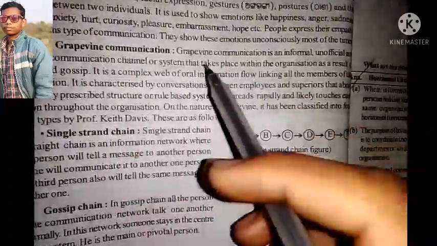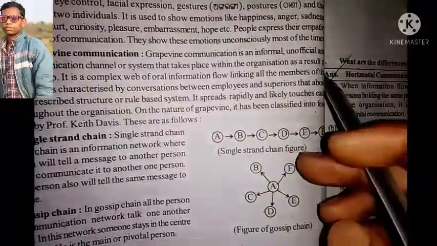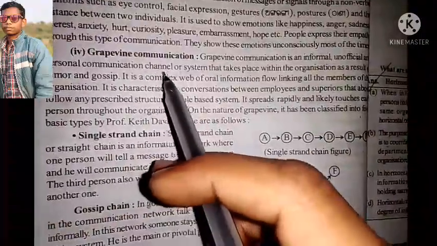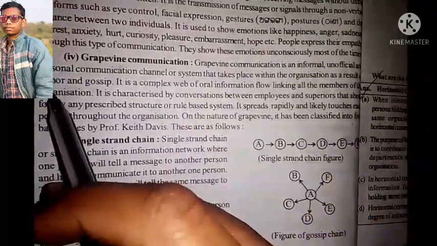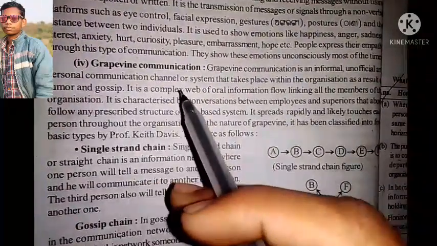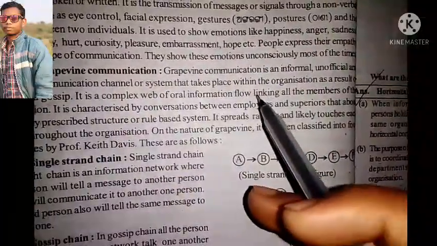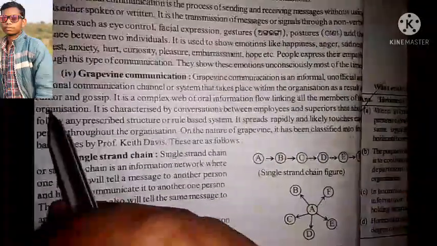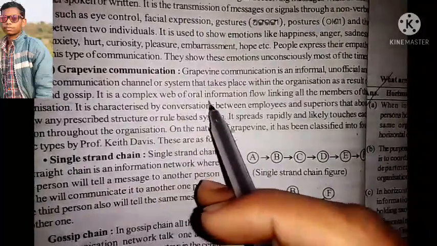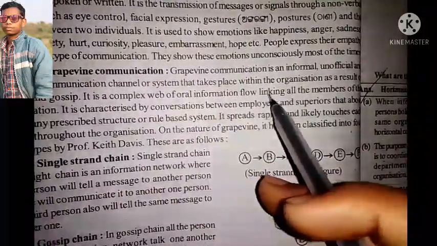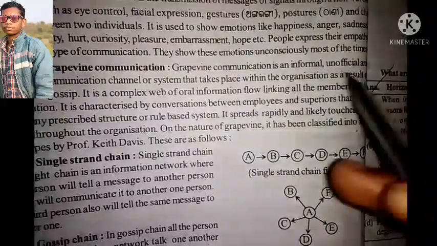Grapevine communication. Grapevine communication is an informal and non-formal personal communication channel or system that takes place within the organization as a result of rumor and gossip. It is a complex web of oral communication, oral information flow linking all the members of the